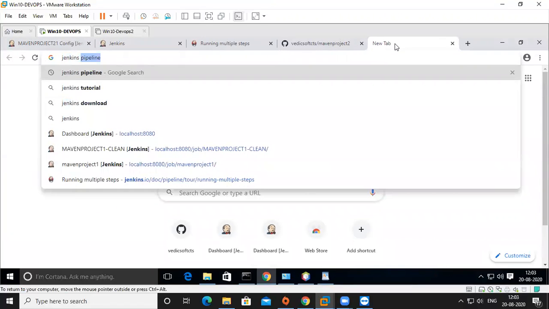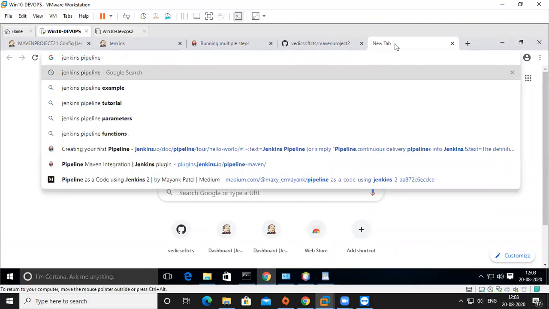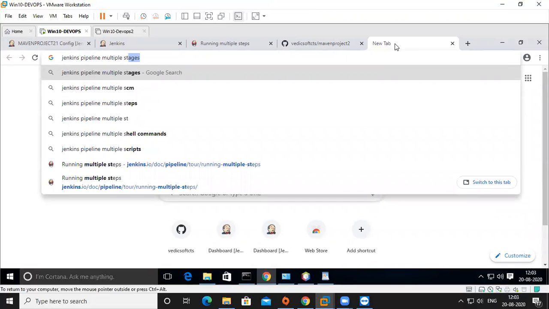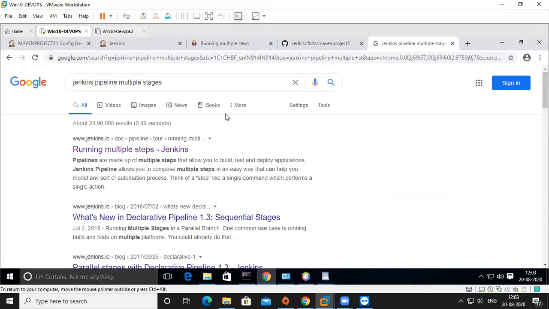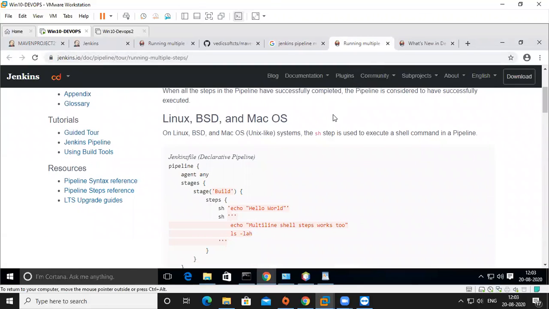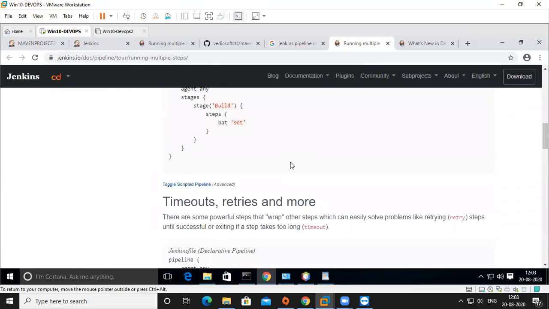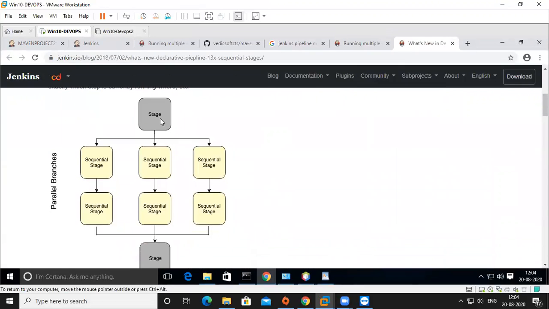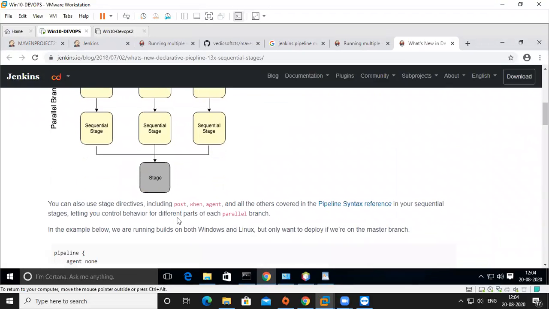Jenkins pipeline, multiple agents or multiple stages. We required stages. How to declare this one is important. Why it is open same thing? Deploy, retry, stage, new stages, stage sequential, like these are multiple stages.